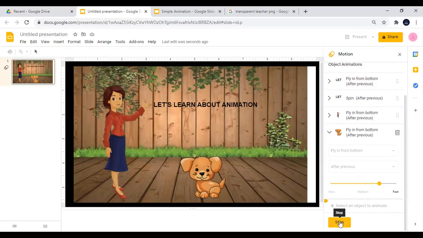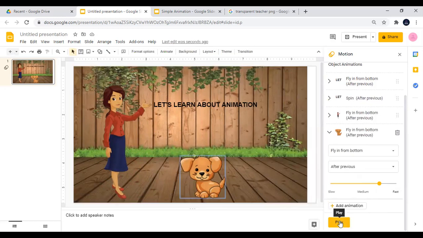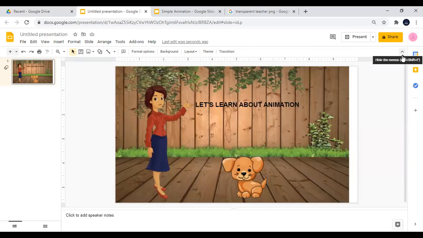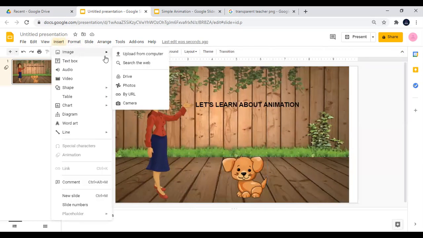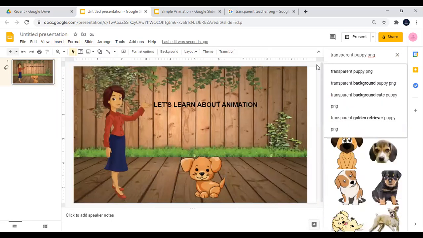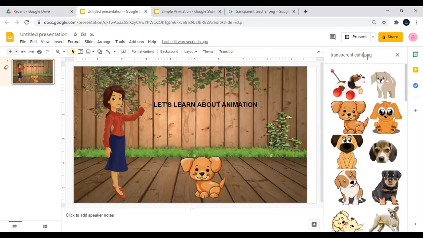Good. So now that I have those elements or those pieces, I want the puppy to basically speak. So I'm going to add a chat box and words to have some sort of dialogue going on in the animation. So in order to do that, I'm going to search for the chat box as an image. So I'm going to go to insert again, go to image, go to search web, clear out the puppy from the field, add chat box,